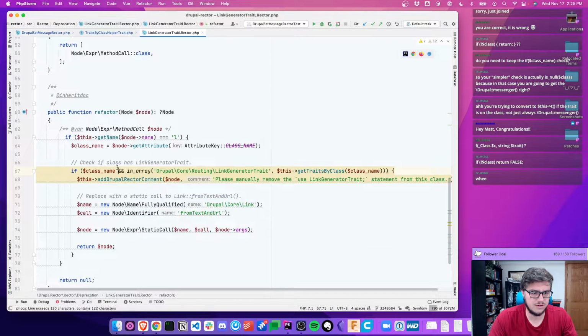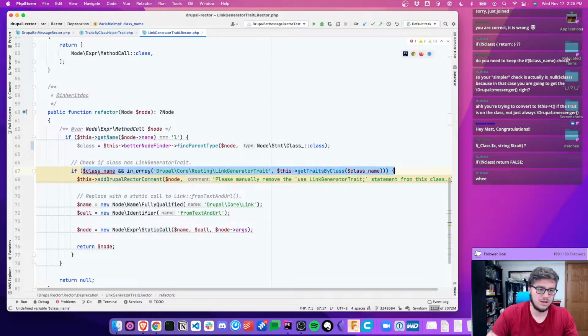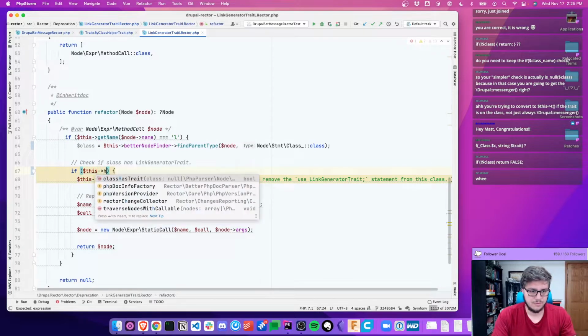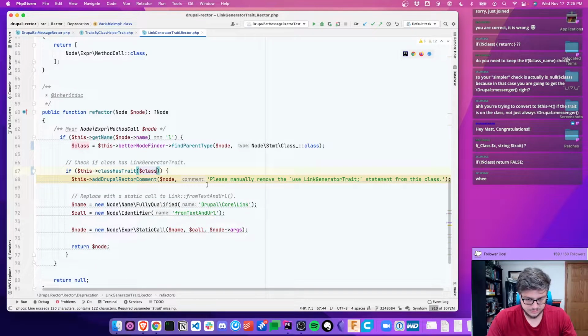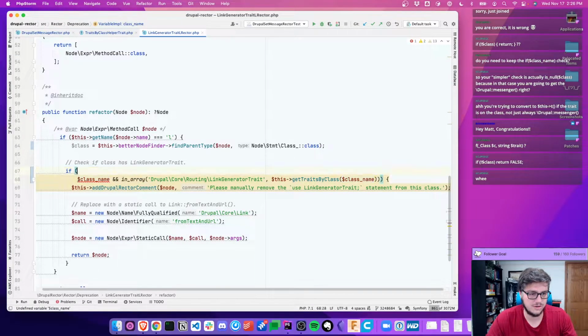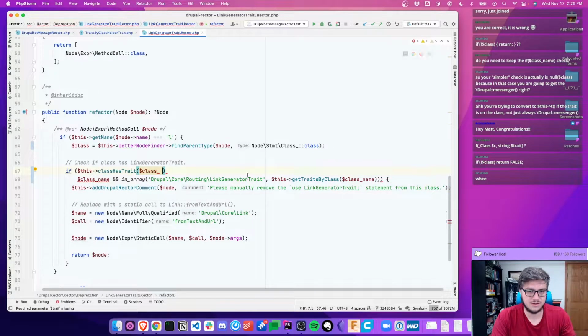So this has the same problem. Say if class has trait. I feel like it should be like this class type. I don't like the wording exactly, but this class has trait, class